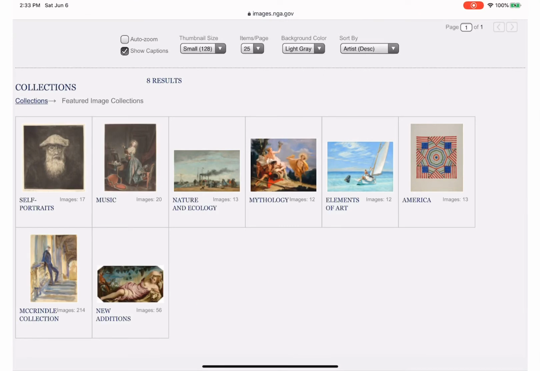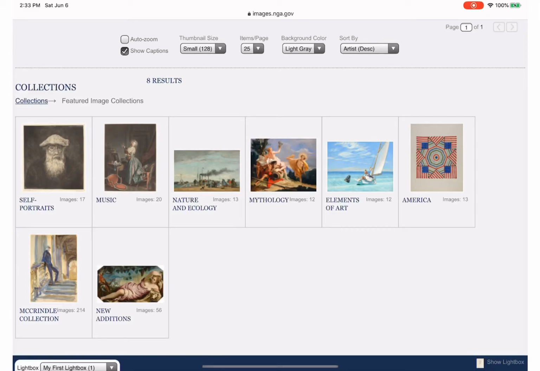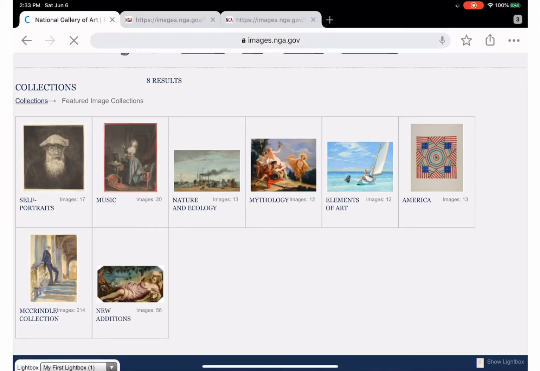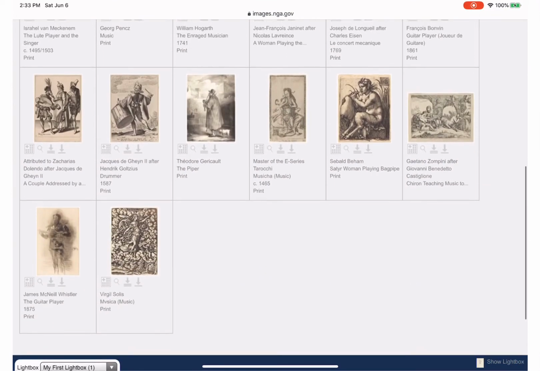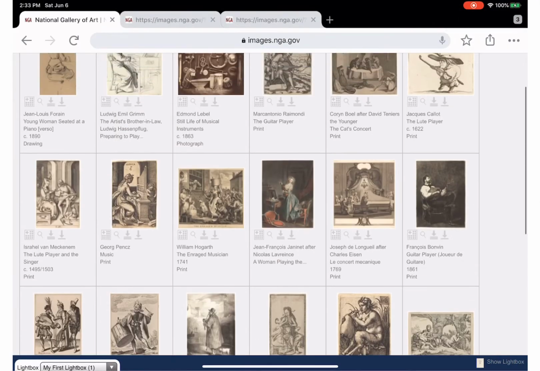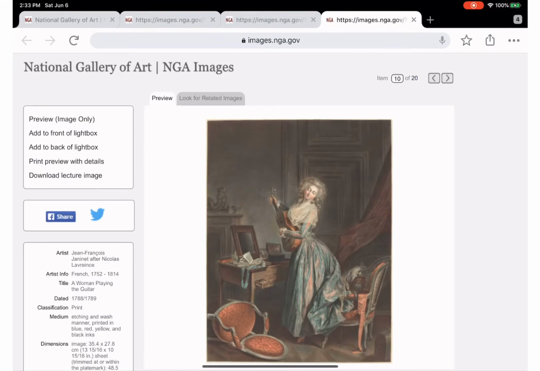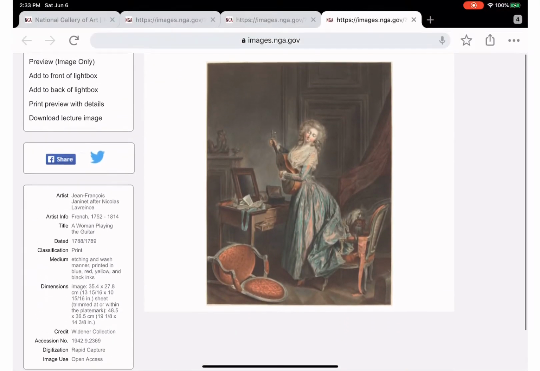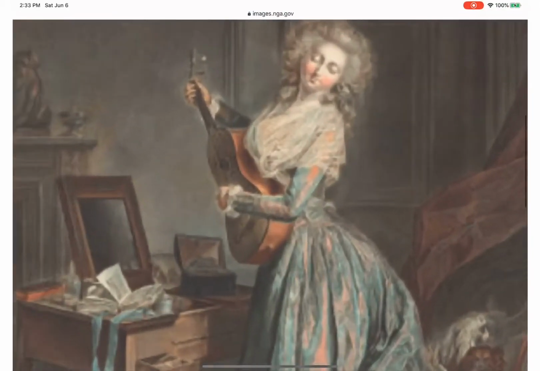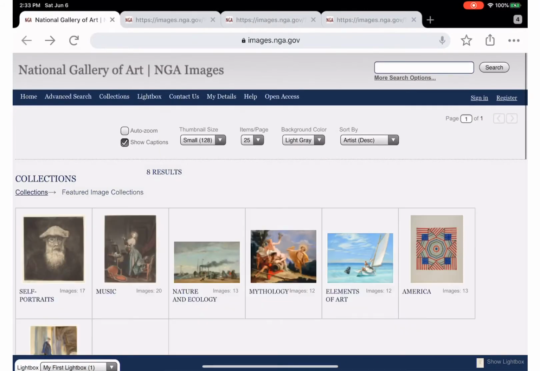When we click on here, we see subtopics. So let's say we want to integrate with music. We can click there and find so many different images. And then once we select one, we are able to see the details to the side on the left. And then we can zoom in on the image as well. Then going back,